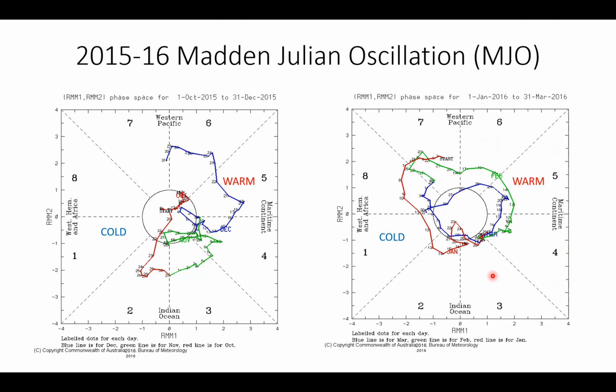We look over here on the right, this is for January 2016 to March 2016. I'm really focusing on the red line here. This is January, and look what happens in January. You start in phase 7, and then the MJO rotated into a colder phase 8 and 1 and 2 in January of 2016. Now in this El Nino winter, you're working your way into MJO colder phases, and there was a